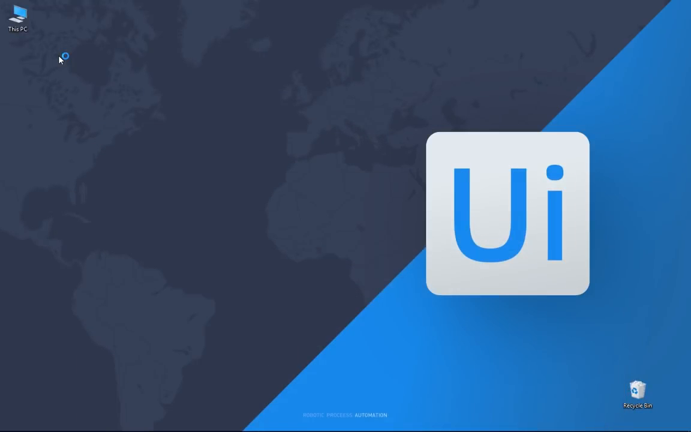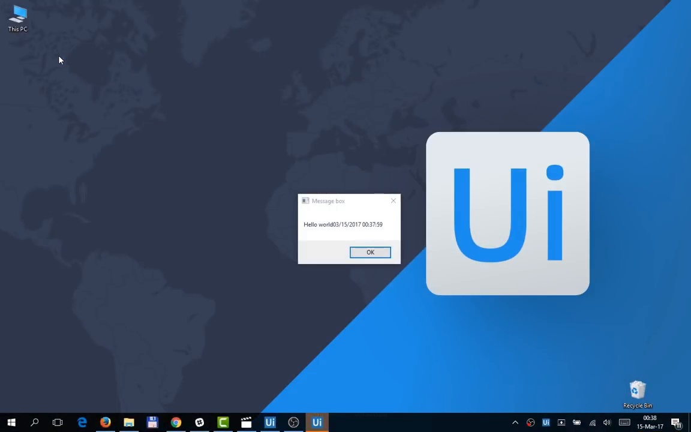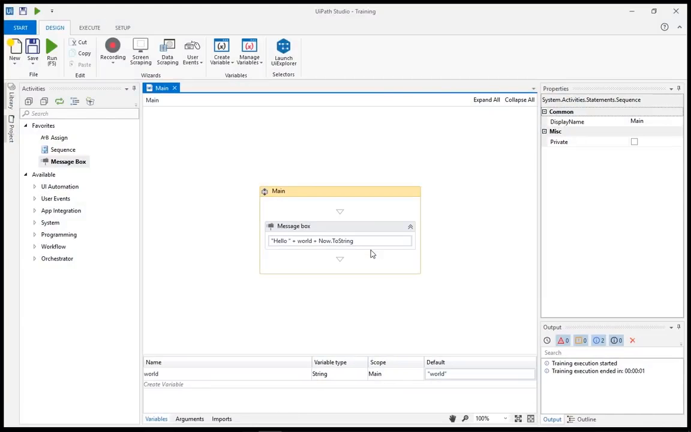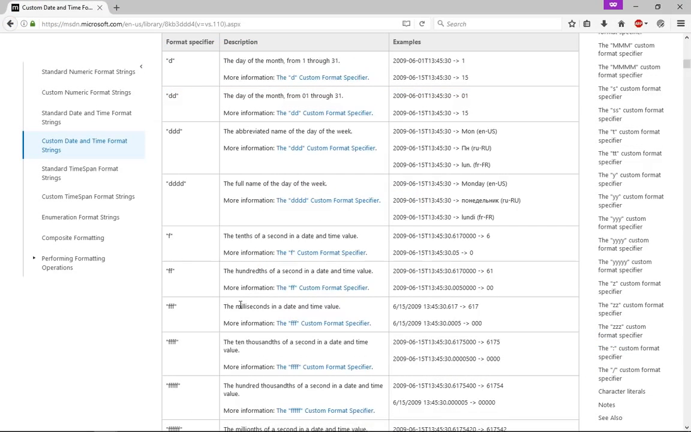Let's run this. And there it is. As you can see, the date is displayed according to the regional settings on our operating system. If we want it to be in a different format, we must specify it as an argument to the conversion. Now, there are many options and combinations available, most of them using one or more of these tokens as listed